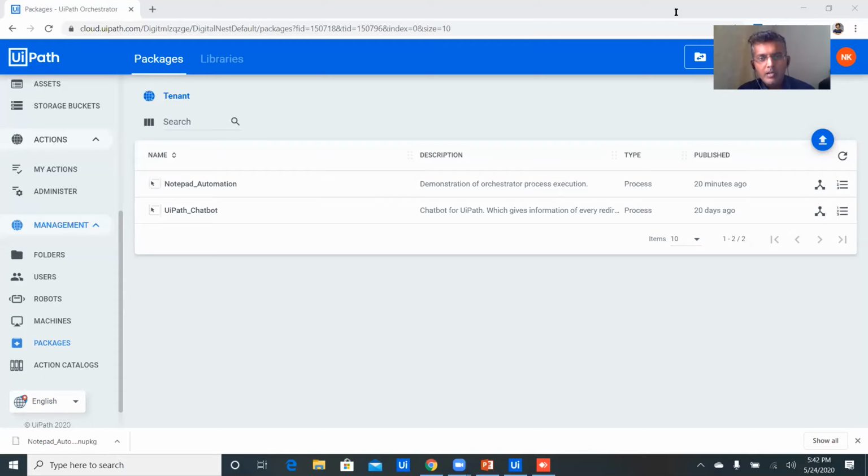Sir, you have built a chatbot in the past, and Akshay has asked a question: will a chatbot work in a similar way? Yes, Akshay. In order to utilize this particular chatbot in a similar way on a client's machine, what I have to do is